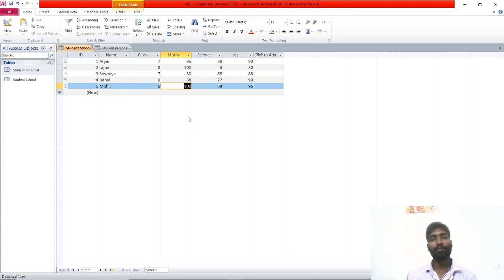If there are 10,000 records, manually it is difficult. Now see how many students got 100? Only two students we can say, because there are only 5 records. If there are 50,000 records, how will we find? In that place we will get a problem. So in such cases, we can use a query.